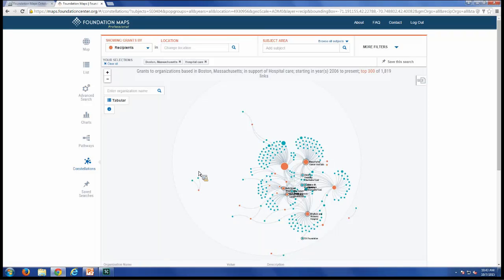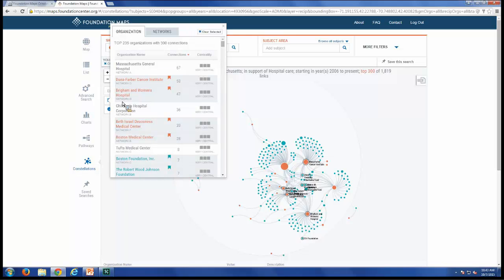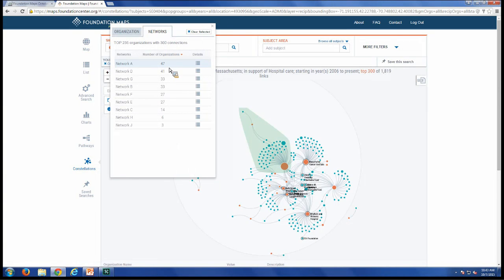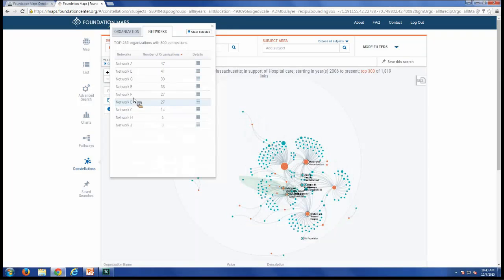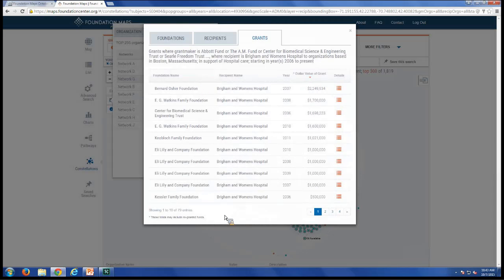And along the lines of trading introductions, this example was based in the case of somebody who's new in town. I should mention that when you're in tabular view, in addition to being able to view the organization name, you can also view the networks, which is super helpful for isolating the list of prospects because it's hard to actually pinpoint all the bubble names. So let's say you do want to do this partnership with the Brigham and Women's Hospital. You learn their network is G. You just pop over to the network tab and pick network G details,